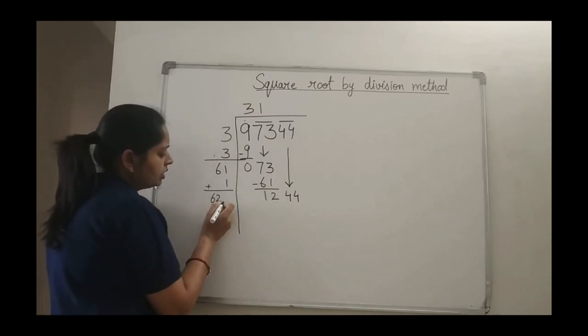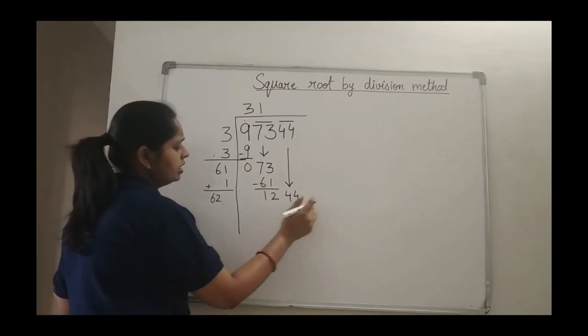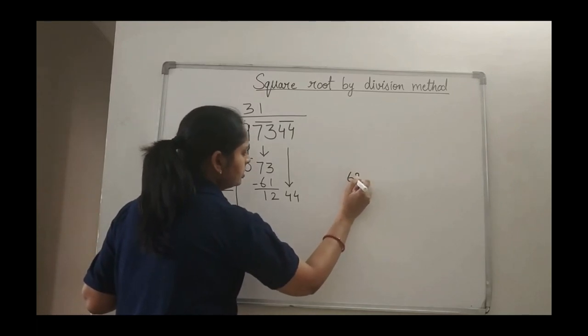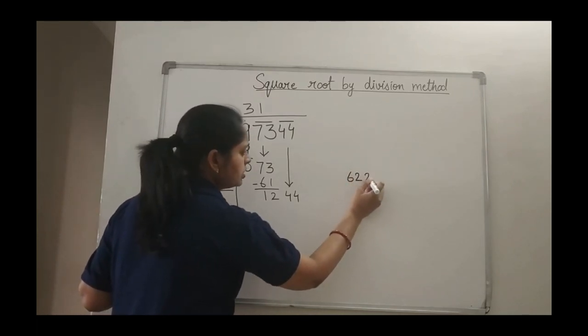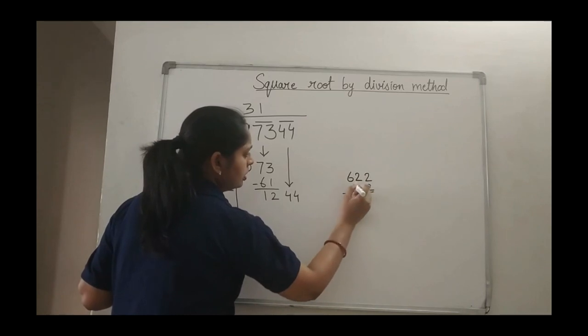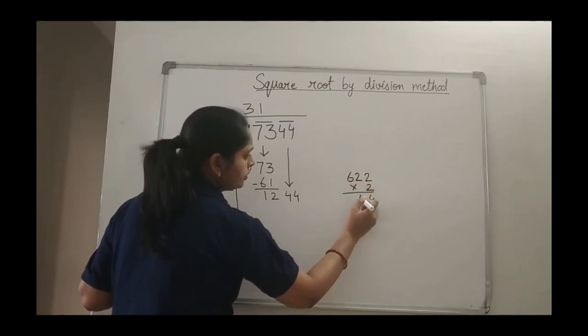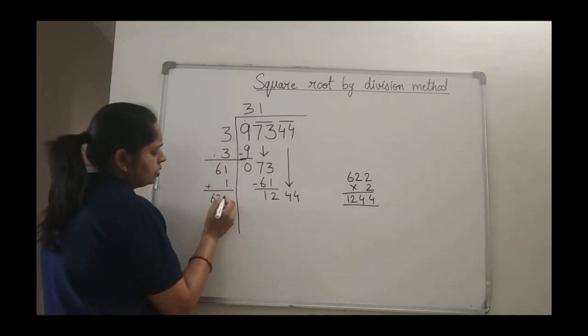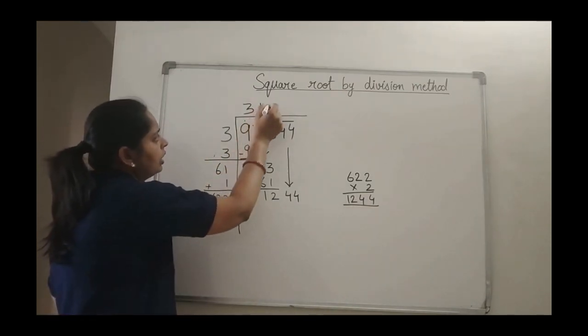So again we have to do the entry over here. 4 is there. So I think for 6 2 and 2 2s is 4. So I will go for this. 2 2s are 4, 2 2s are 4 and 6 2s is 12. So I got this. So I have to do the entry of 2 here and 2 here.